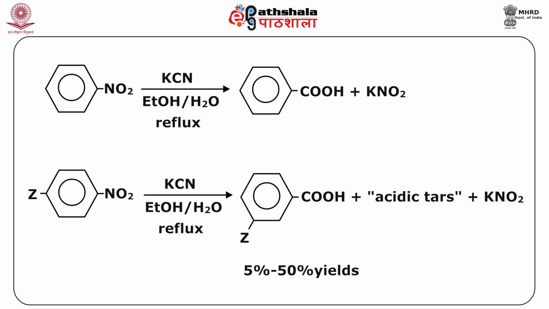The von Richter reaction can be inhibited by the presence of potassium ferricyanide, and its molecular formula is K3Fe(CN)6, and also sodium sulfite. Now brief display of the reaction is given here. Notice the nitrobenzene and the attack by the cyanide ion, which gives rise to the benzoic acid, and the next